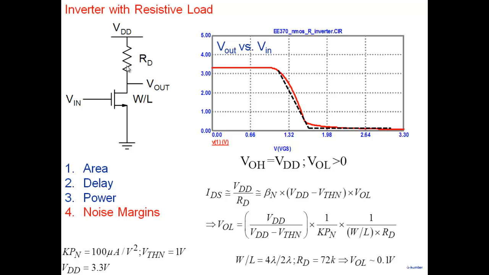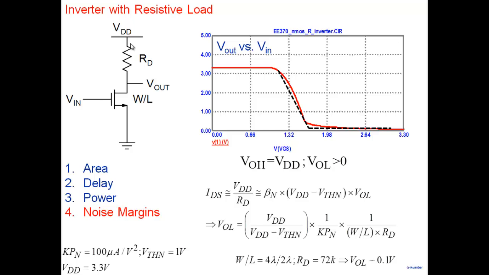Now, how do I choose 72K? We'll come to that later on. Why did I choose 72K? Is that the most optimum value? W by L, 4 lambda by 2 lambda makes sense. 2 lambda is the minimum length that I can use. 4 lambda is the minimum width that I can use according to some rules. So I've used the minimum size transistor. I want to keep the area minimum, and therefore I used a minimum size transistor, 4 lambda by 2 lambda. So there is some justification for why one took 4 lambda by 2 lambda from the